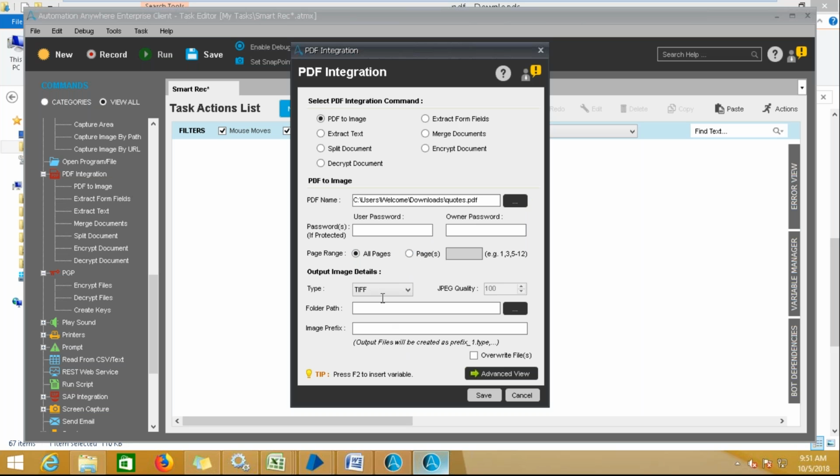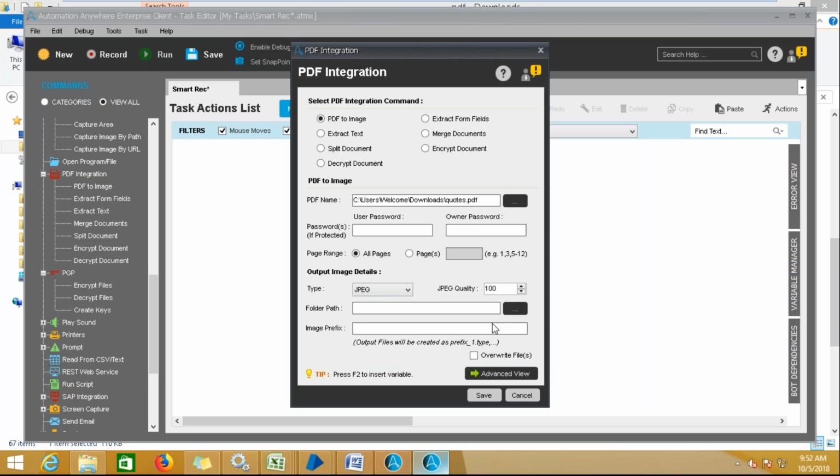Okay, output image type: which kind of image you want to create from this PDF. You want to create JPEG, GIF, or PNG, whichever format you will be converting into. Once that is decided, the next information is the quality at which you want this image to be saved.